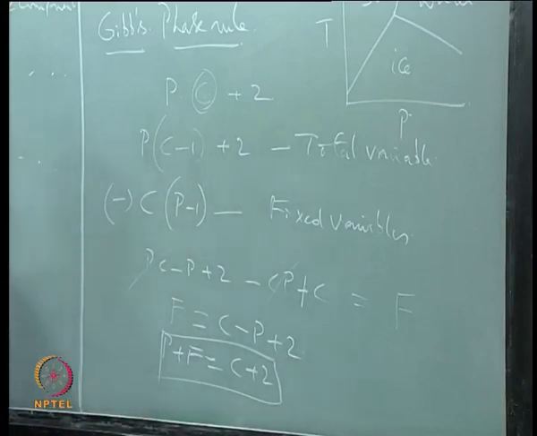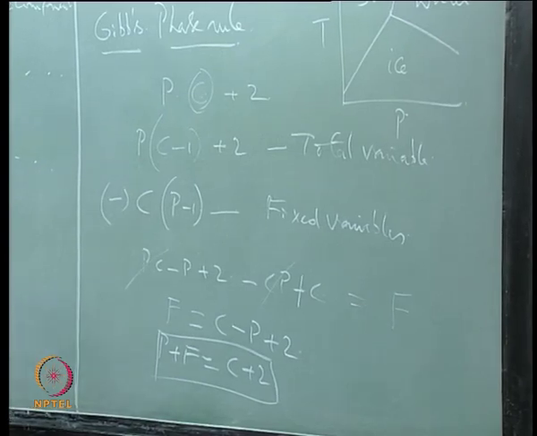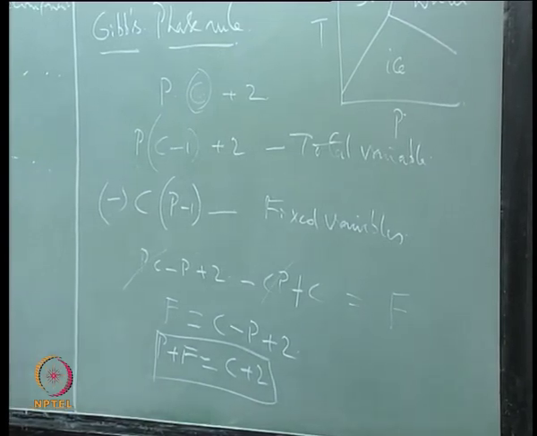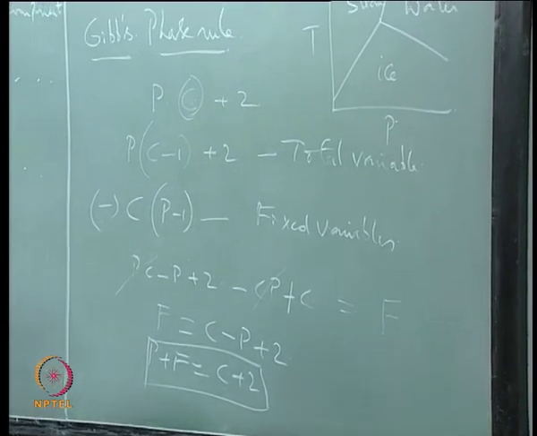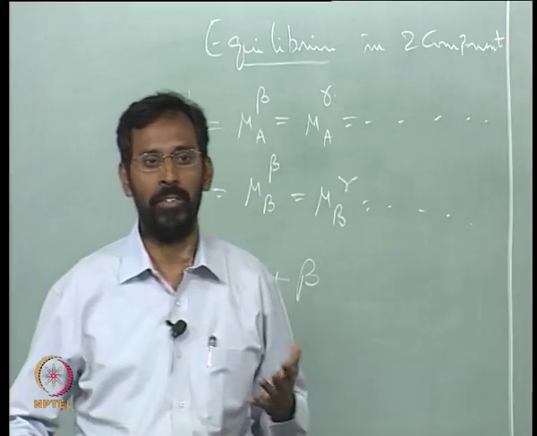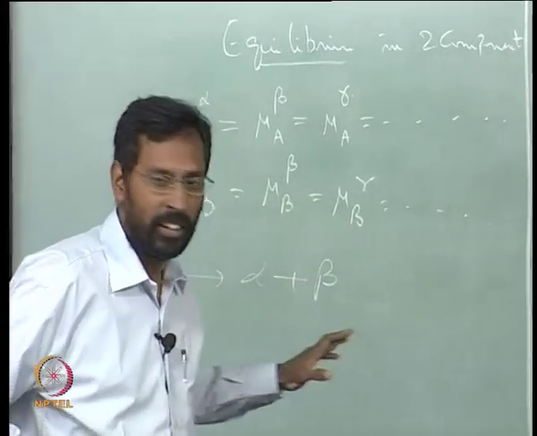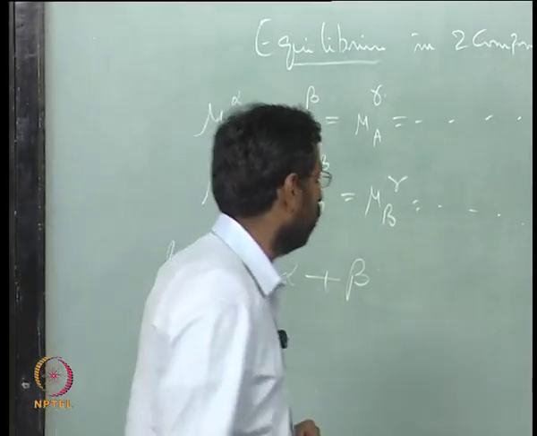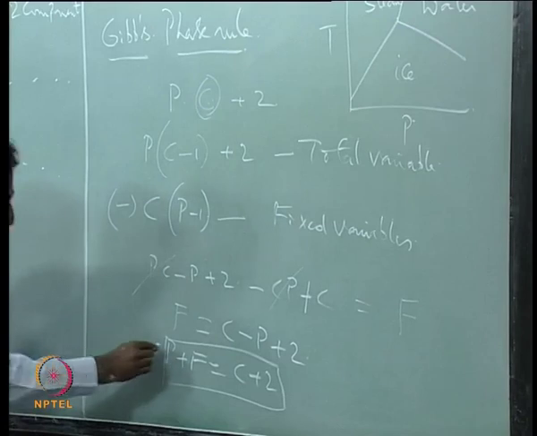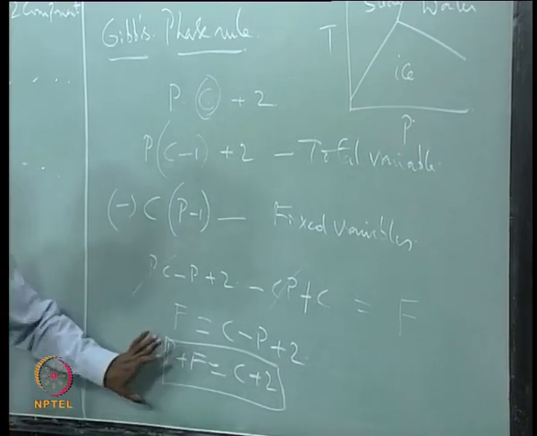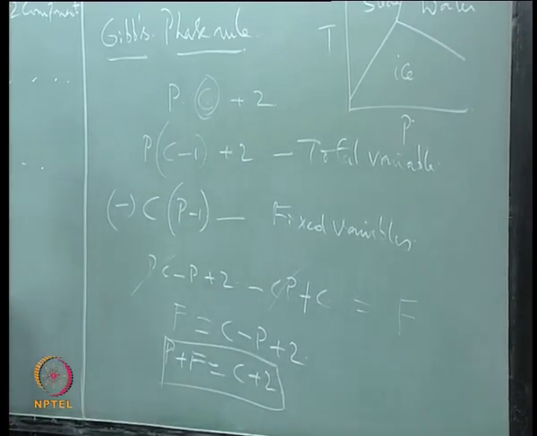This is what we call the phase rule, P plus F equal to C plus 2. We used to remember it when we were students as "police force is constables plus 2", something like that. So it's easier to remember. Anyway, what's important is that this is the general phase rule, and from it we get